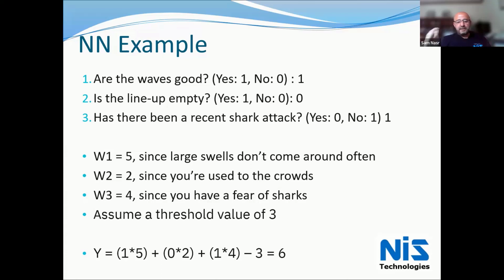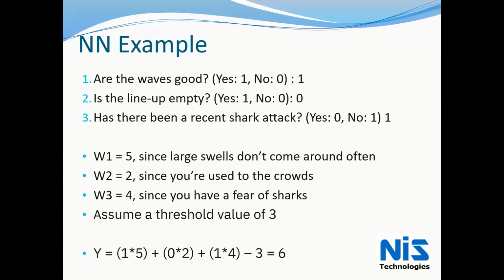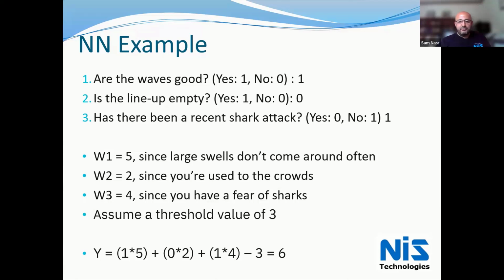And we're going to give them numeric values, but then we're going to give them weights, meaning how heavy is each answer going to be weighed. So for example, assuming that I'm a great surfer, are there large swells in the surf? If so, that's heavily weighed in comparison to the other options. The second one, is it crowded? That really isn't going to matter a whole lot to me, so I'll just give it a weight of 2. And then the last one is the fear of sharks. Obviously, I'm not a big friend of sharks, and so I want to avoid that, and so I'm going to give that a 4.